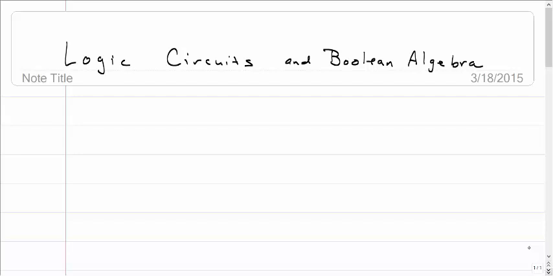This lecture is going to talk about how the ideas from Boolean algebra can be used with logic circuits. With computers, all information is stored as binary numbers, that is base 2, either 0 or 1. For instance, this string of zeros and ones is often used to represent the letter C on computers. Each one of these zeros and ones is called a bit, and the list of zeros and ones is called